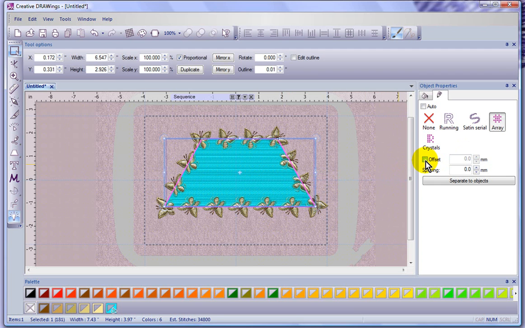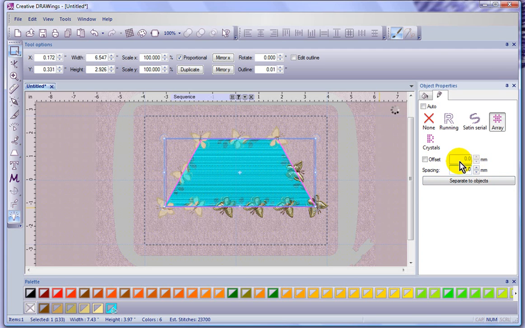Now, the other option in here is the spacing. So I can control the space between the butterflies, and if I go ahead and add a bigger number here, I'll put like 5 millimeter spacing. It increases the amount of space between the butterflies and therefore decreases the overall number of butterflies that get put